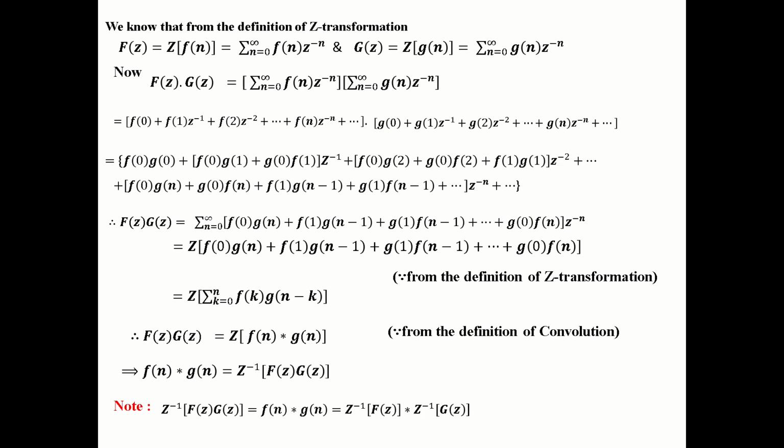Now Z inverse of F(z)G(z), which is equal to f star g, is equal to Z inverse of F(z) convolution Z inverse of G(z), convolution of two functions. So f(n) is nothing but Z inverse of F(z), and g(n) can be written as Z inverse of G(z). So Z inverse of F(z)G(z) can be written as Z inverse of F(z) convolution